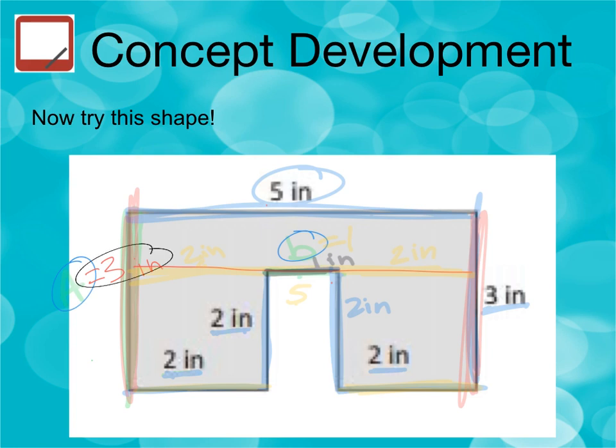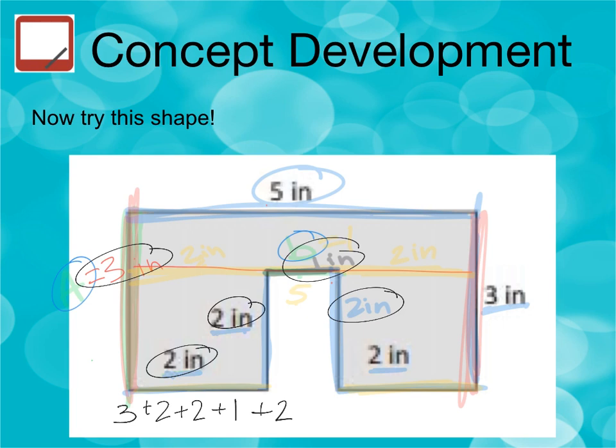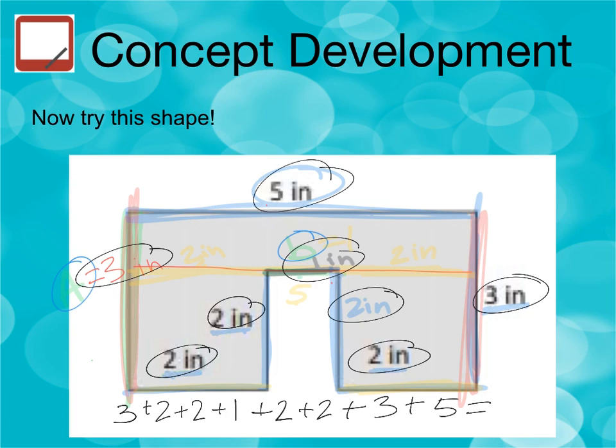So now that I know all of my side lengths, I can add them together. So I can take 3 plus 2 plus 2 plus 1 plus 2 plus 2 plus 3 plus 5 equals, and then I can add all these numbers together to find my perimeter. So I have lots of 2's, so I have 1, 2, 3,